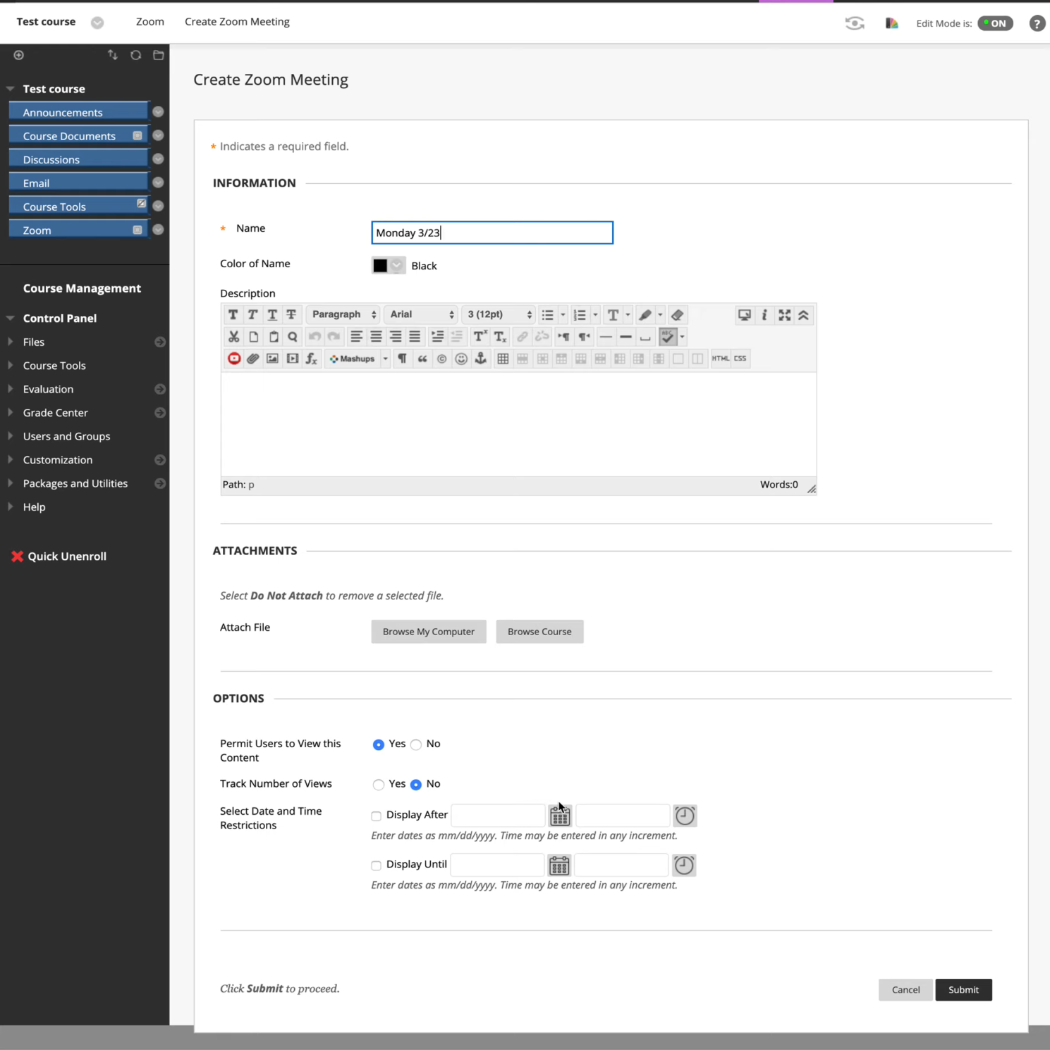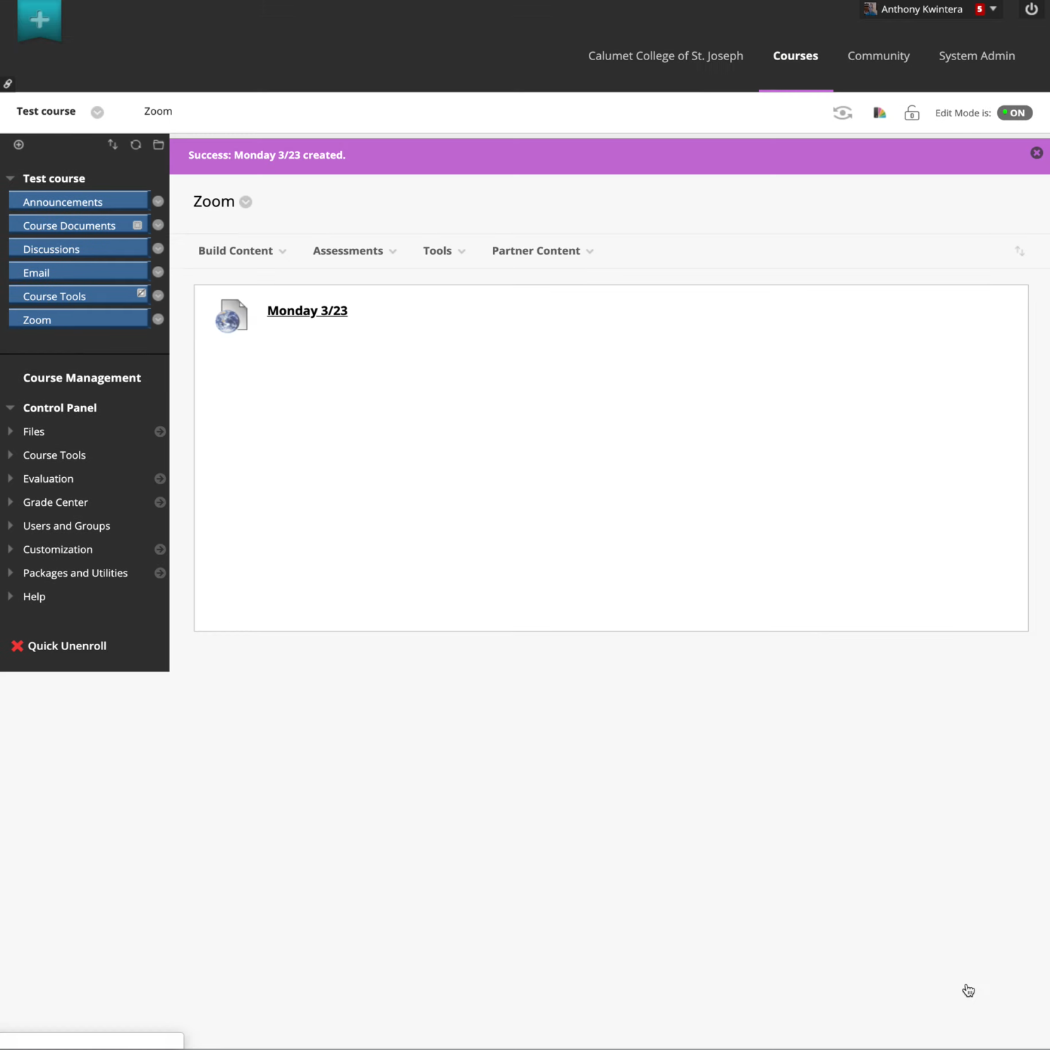Now, if you want it to be available only between certain dates and times, you can use these controls down here. But for the purposes of this demonstration, I'm going to leave that blank. It will always be available to students. And we don't have to fill anything else in, so I'm just going to hit Submit. Now that we have our placeholder for the meeting, we can go ahead and create the actual Zoom meeting. So we're going to click in that,